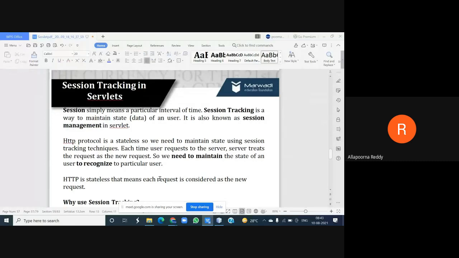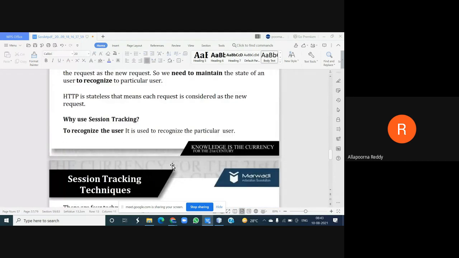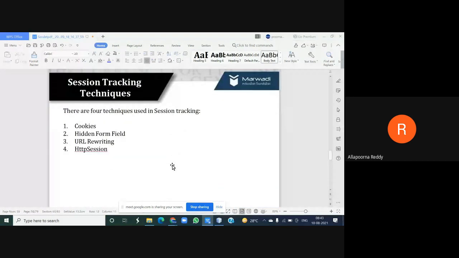To maintain these sessions about your user, we are using 4 mechanisms, or I can say 4 techniques or 4 methods. Number 1 is cookies, number 2 is hidden form field, number 3 is URL rewriting, and the 4th one is HTTP session.